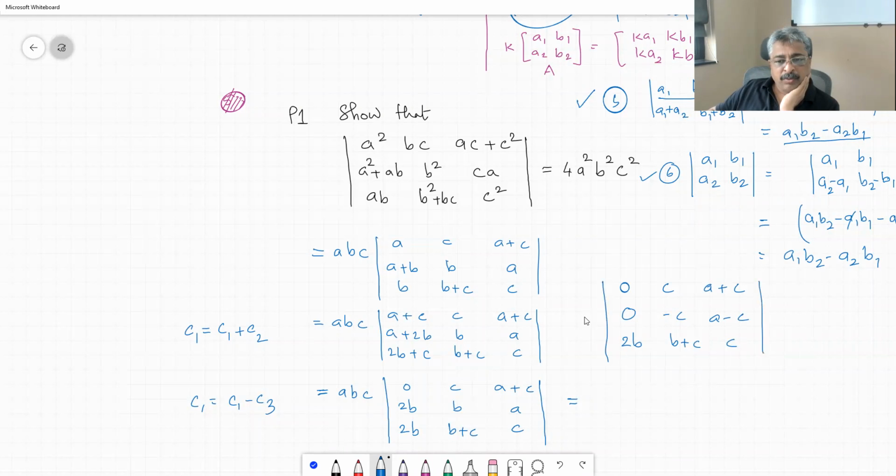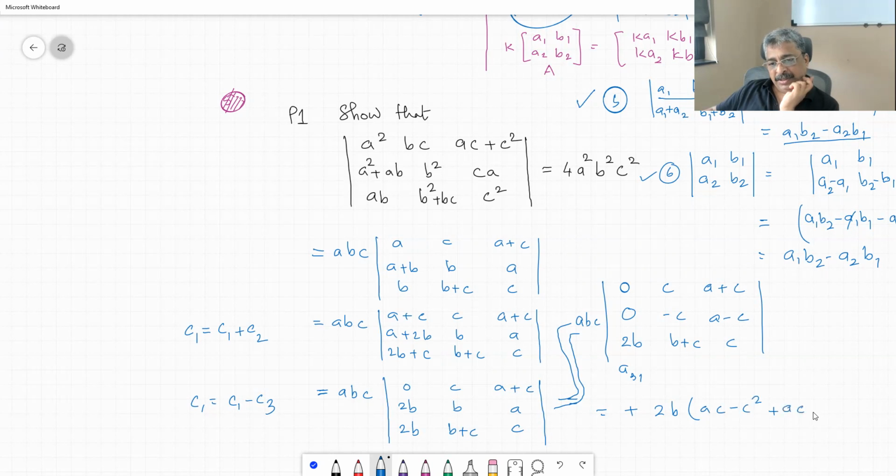And outside you have ABC. From here you go here, and from there now it is easy. This is A31, therefore the sign is going to be positive. By the cofactor rule that we have decided, this is A31, so positive into 2B times AC minus C square